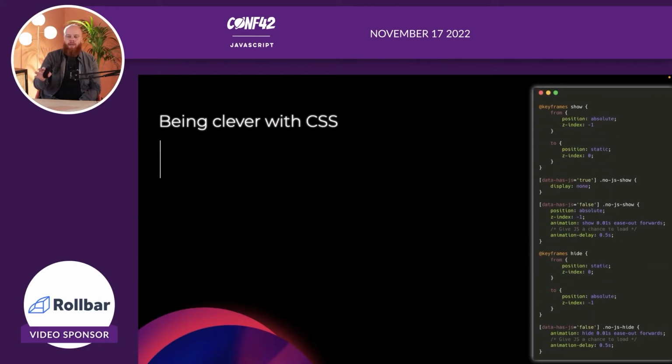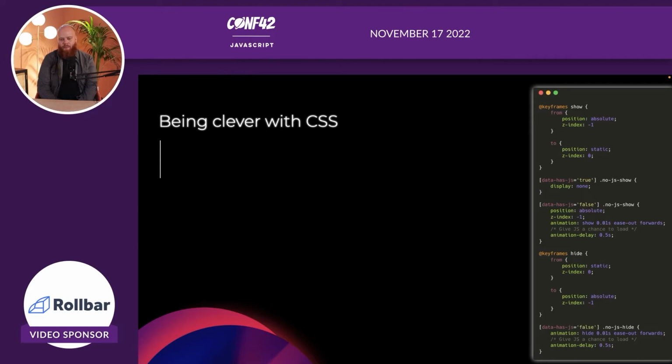You can do this in a million ways and probably better ways than I have it here, but just to showcase, you can say, okay, I'm gonna set a data attribute on the body saying there's no JavaScript, and then whenever there's client-side JavaScript, it's basically gonna update that value to true. So then what we can do in our CSS is create some helper classes like no JavaScript show or no JavaScript hide. And based on that, we can say, well, if that attribute is true or false, we're gonna show or hide anything that has this class name.